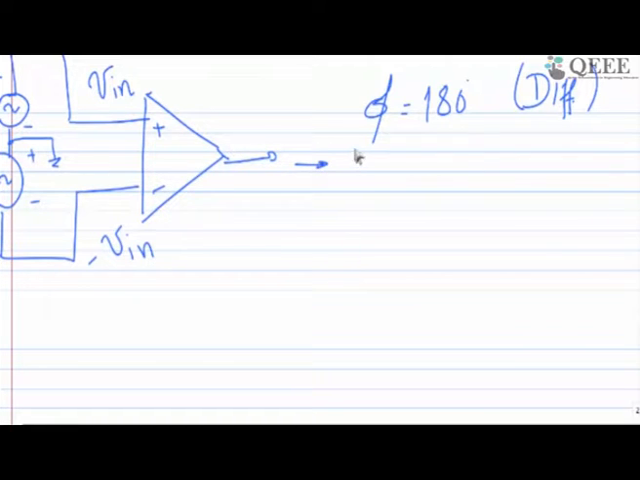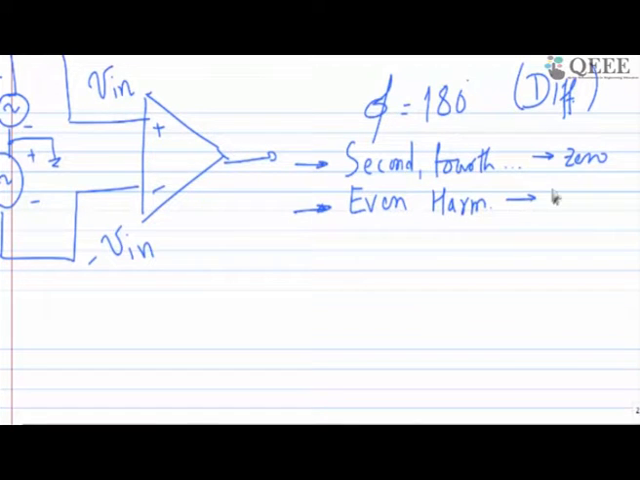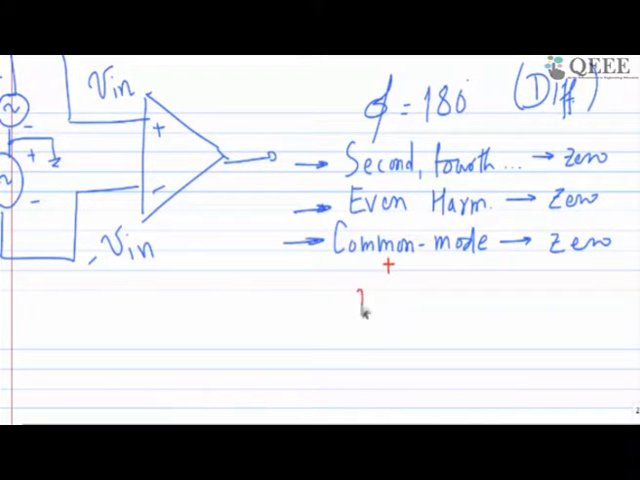The advantage of this circuit is that the second harmonic, the fourth harmonic, the sixth harmonic, all are going to 0, or in a better way you can write that even harmonics go to 0. Along with these harmonics, your common mode voltage is also going to 0. So whatever noise is available on top of the common mode is also going to 0, and your noise immunity is better